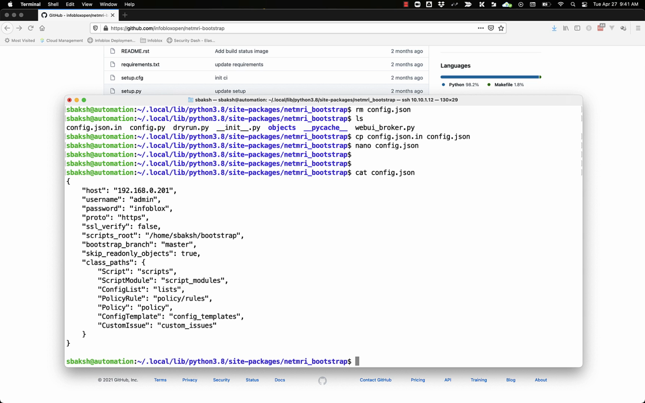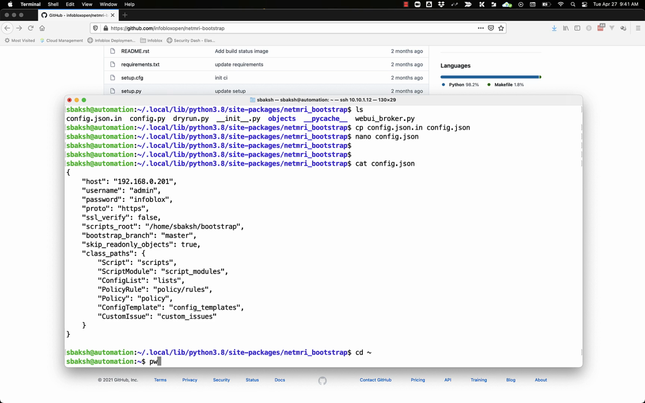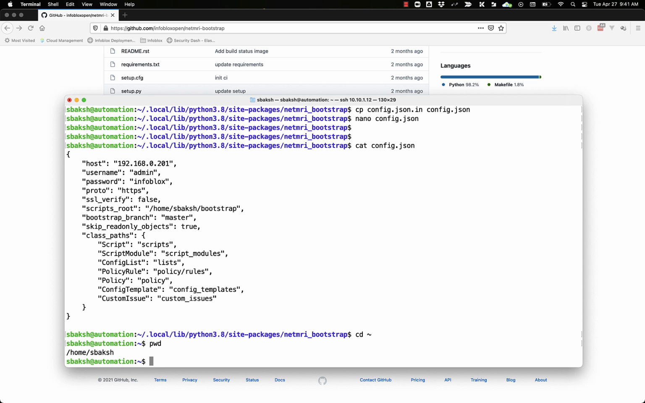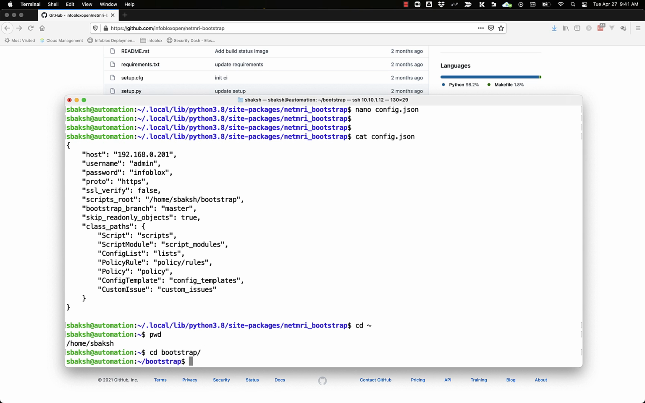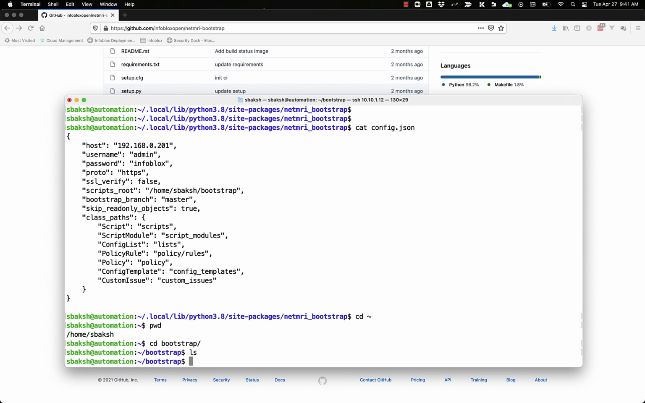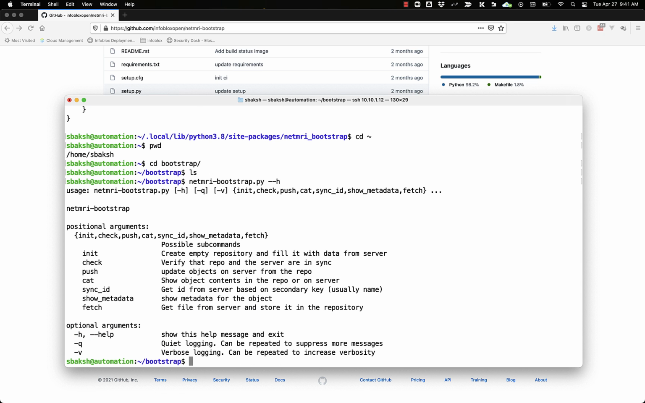Now, from here, we're going to cd into the home directory, and see them in the home sbash. Then I'm going to cd into bootstrap. Now we're going to run netmri-bootstrap.py, and then we're going to run init. But before we do that, I'm going to show you --h, which is help, and that will show you all the actions that you can do here. So now we're actually going to do a bootstrap init,